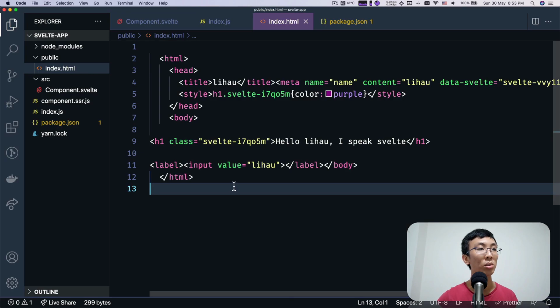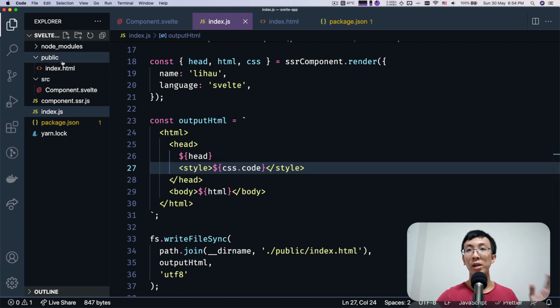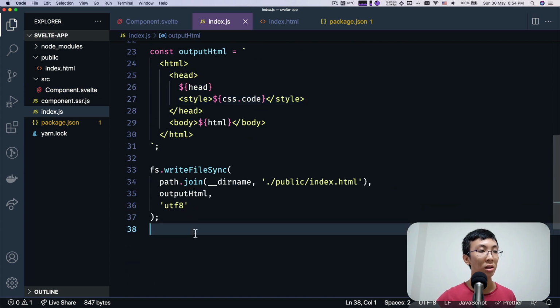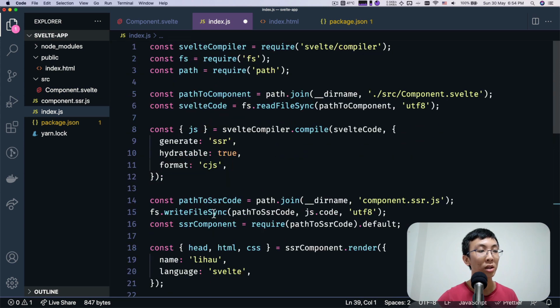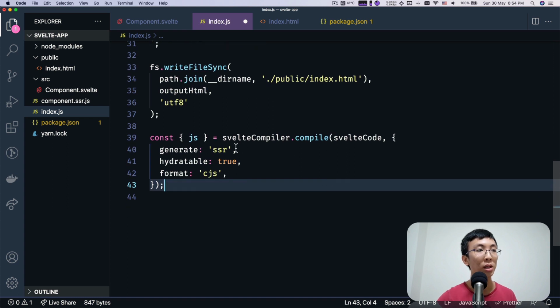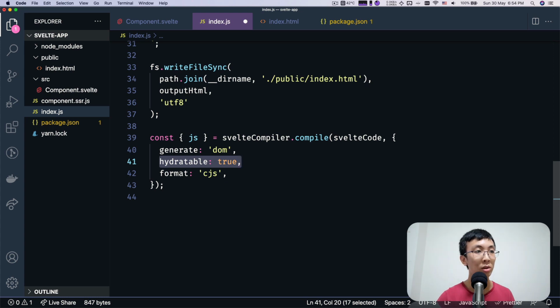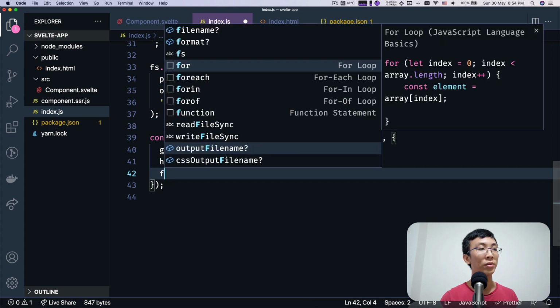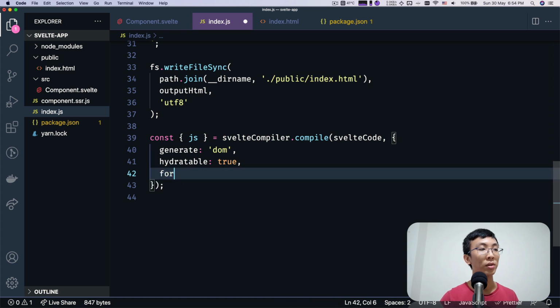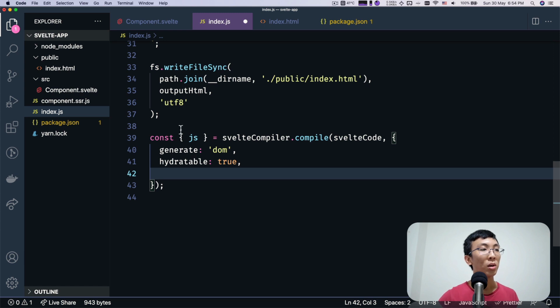So now the next thing we're gonna do is compile our JavaScript code for the client side and write it to a file in the public folder as well. So next we're gonna come over here. We're gonna have the same paths, and we'll still do a compilation, but now we're gonna compile for the client side and make sure that we also have hydratable set to true. I think we can leave the format as it is, as ESM. Okay, and next thing is, let's see.